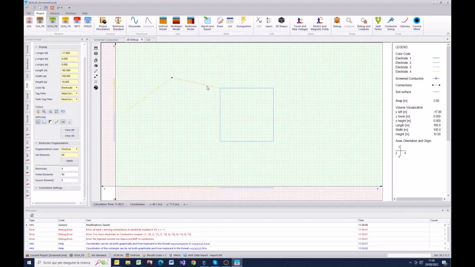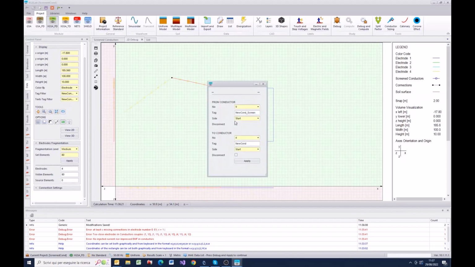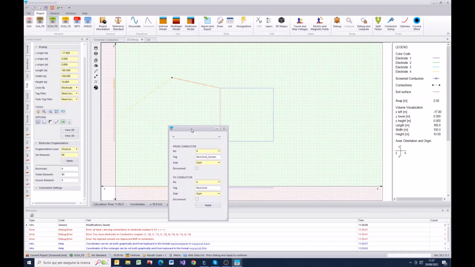So in this case we have to select the screen of this part, and the selection works in this way. Single click, you have to decide which part or which parts of the conductor you want to select. In this case we want to select just the screen and apply, and so the selection is made. And then we can select one of the conductors of this square, of this ring. We can use the normal options to realize the connection,